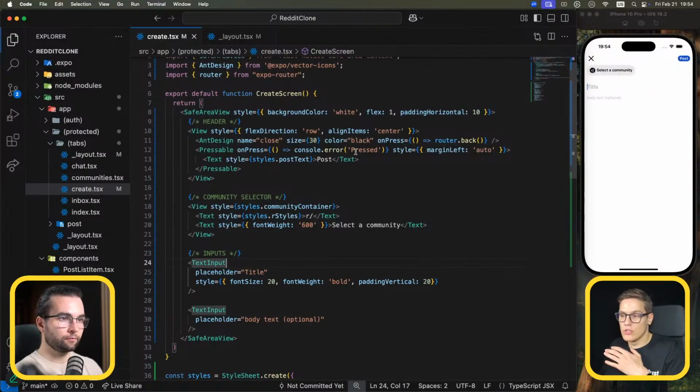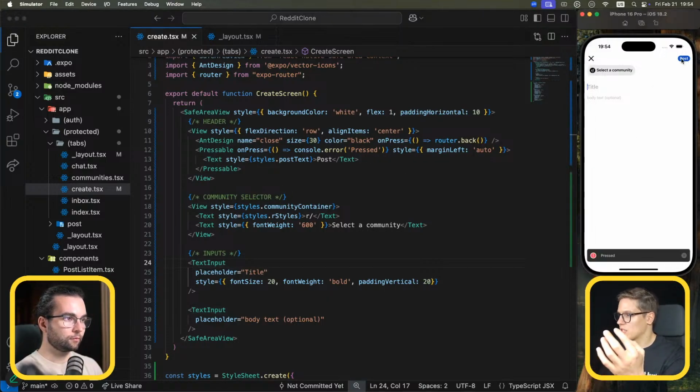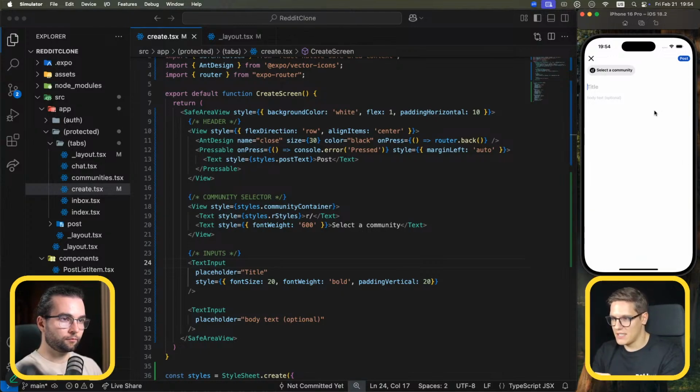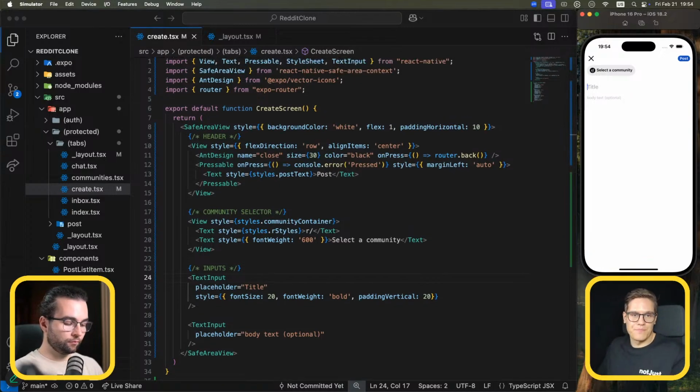After the user types in something, we need to keep this variable stored somewhere, so that when we work on the backend and the user clicks post, we know this is the text they provided, and we have it in the state for the title, for the body text,